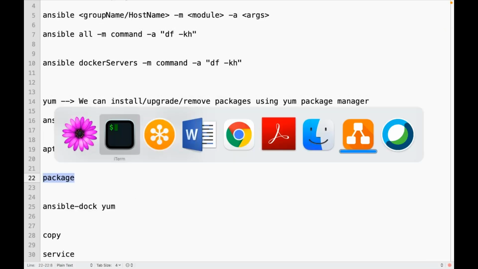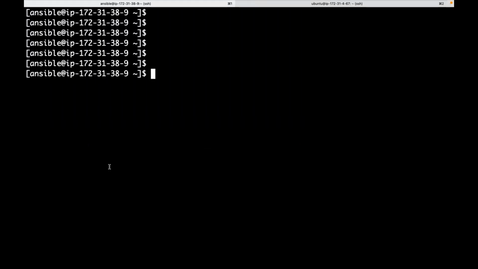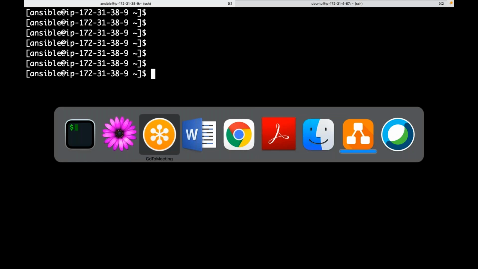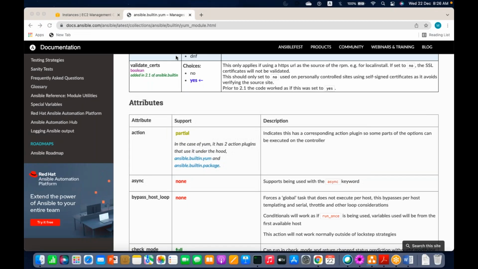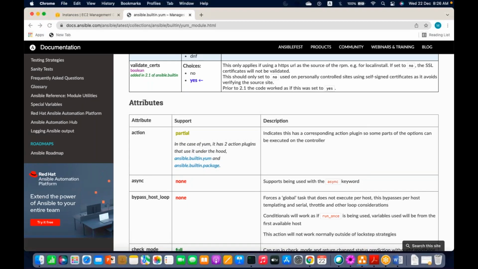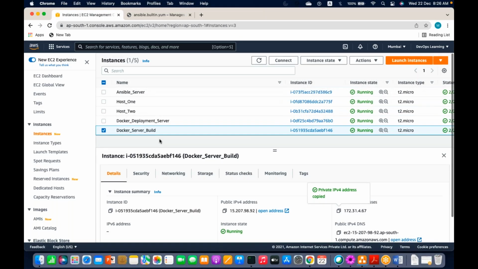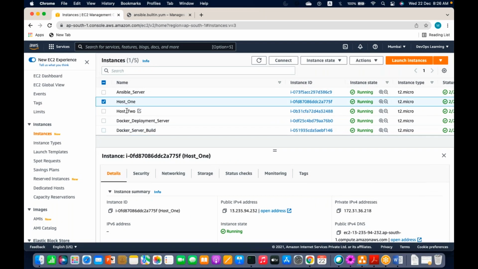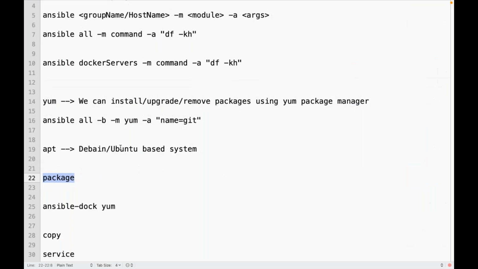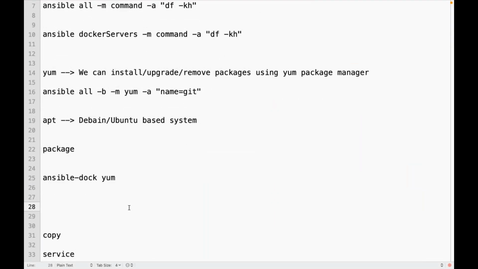Now, let's say one simple use case. Now I want to install Git in app servers. Can I do that using these package managers? If you have a package manager enabled in those servers, I can say Ansible app servers